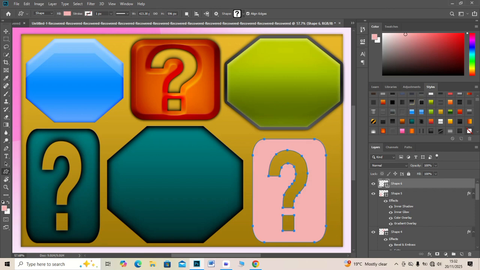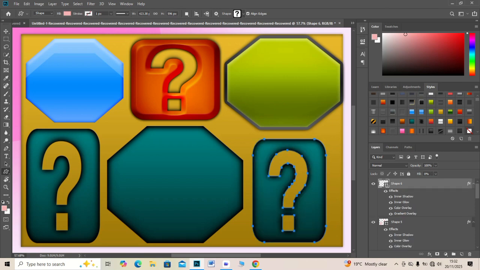Use Ctrl+T to adjust the arrow shape perfectly. This works great for motion graphics and posters. Try